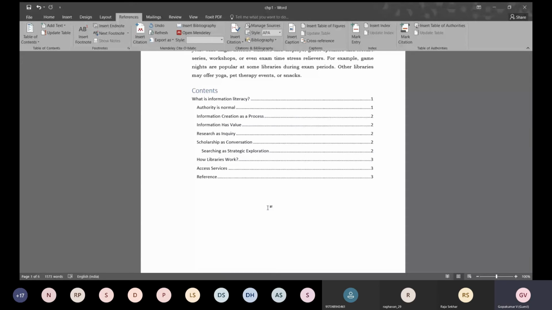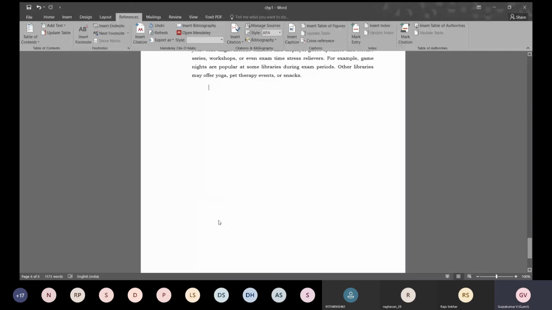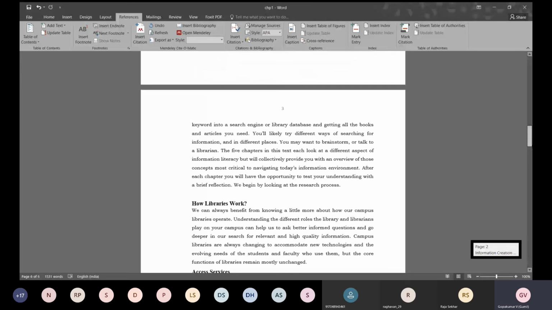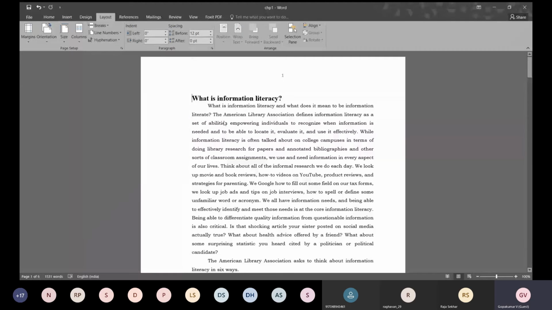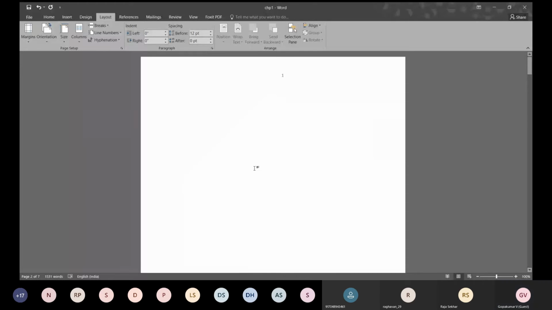Now, the problem I have already told, it is in page number 4. We want it in a page before the thesis, in the initial pages. So what we will do is go to the beginning of this document, then go to layout, click here in the breaks and create a new section. This is what I am telling again. Be in the beginning of the document, go to layout, click on this breaks option and click on the next page. You can see that a new page is created and this is a new section.